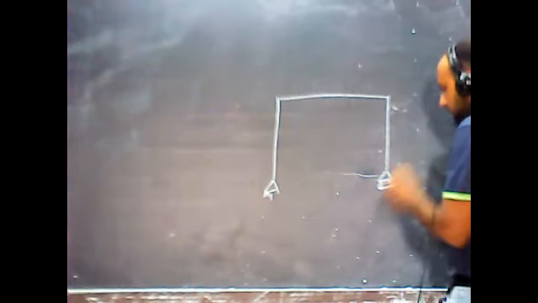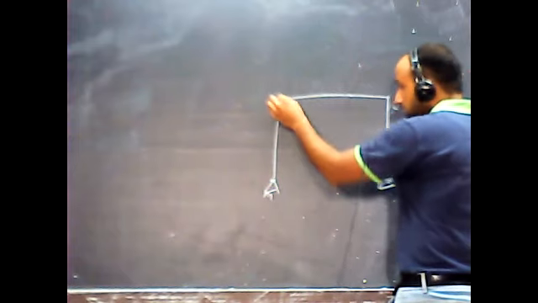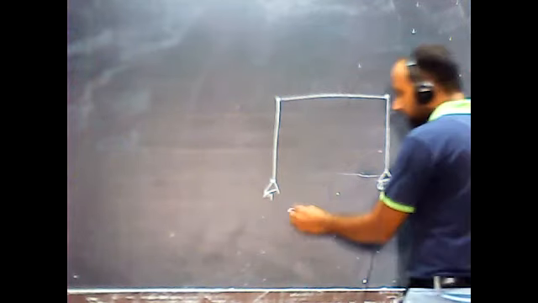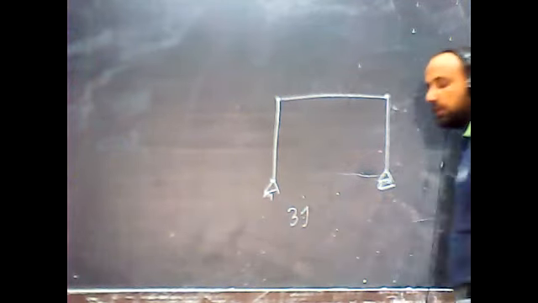Please calculate the degree of freedom in this case. In this particular case, there are 4 joints: 1, 2, 3, 4. They have not been connected, but to understand the static and kinematic indeterminacy, we need to consider those as joints. So 3J, first of all, that we need to do, minus the restrictions.